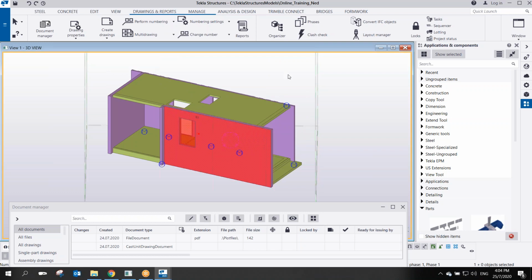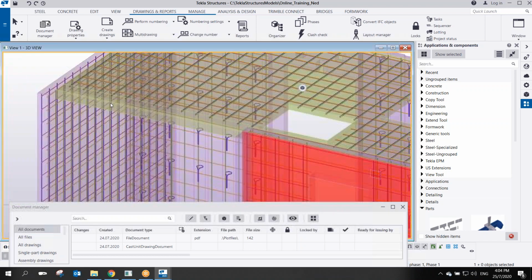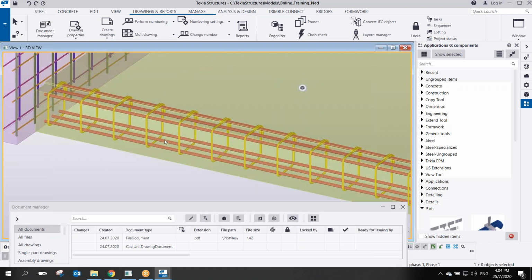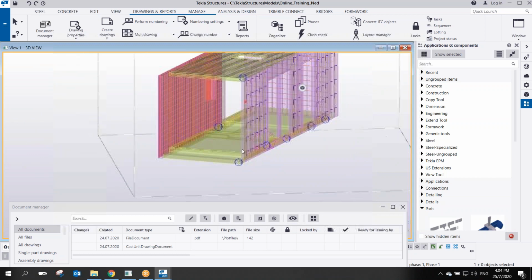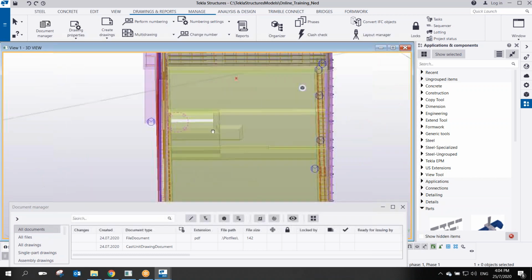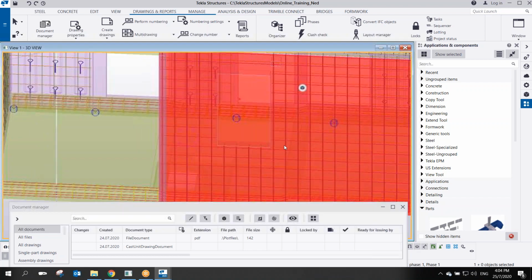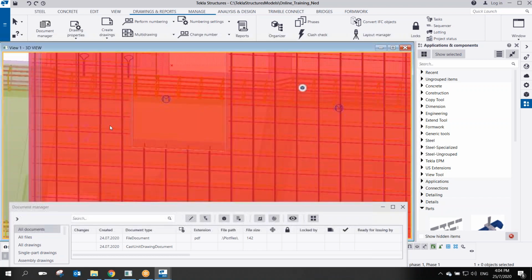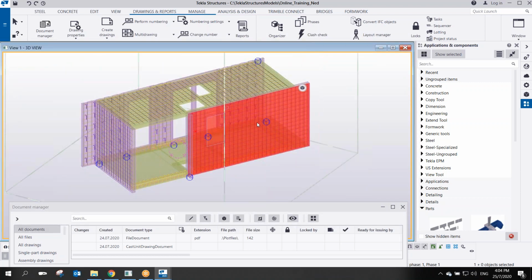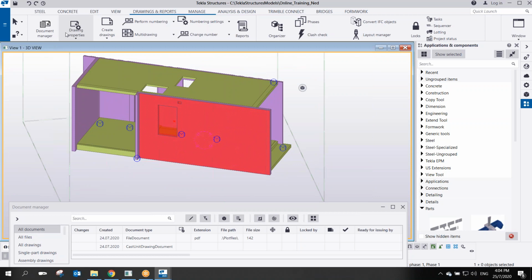At the moment, what I did is I just created some dummy reinforcement there. I have this rebar here, and then the loop bar, and then the reinforcement. So it's very important that you name that one properly. Okay, so now once you run the numbering, all you have to do is